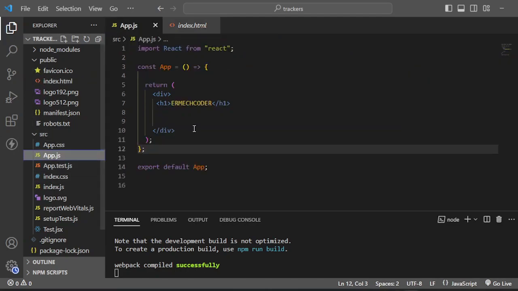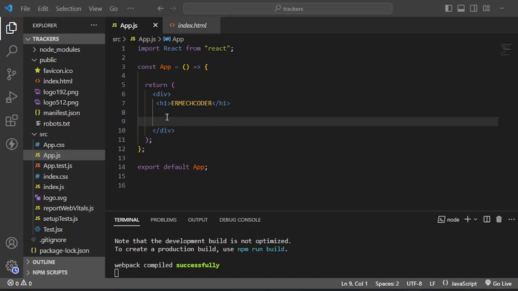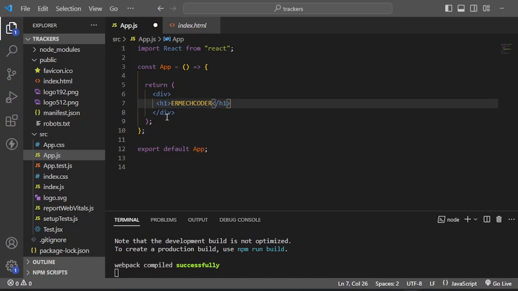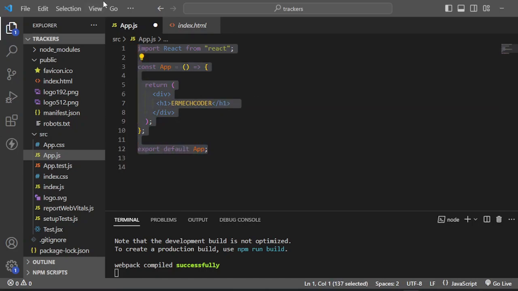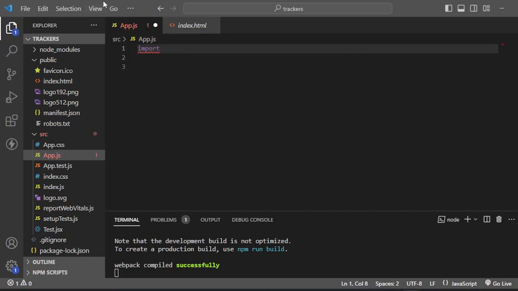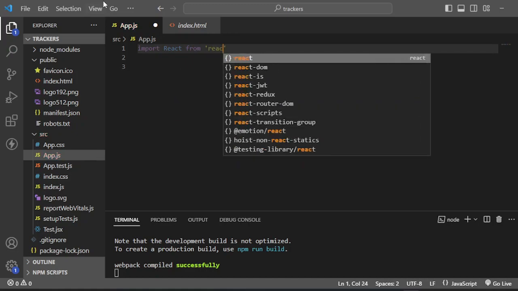Inside app.js we control our multiple components with routes. There are no routes available right now, and further on we will create multiple routes in our application. After that you can also write import React from react,